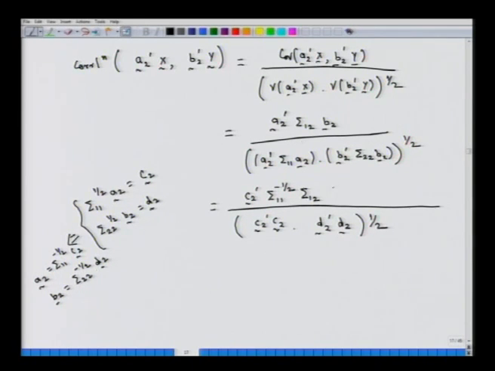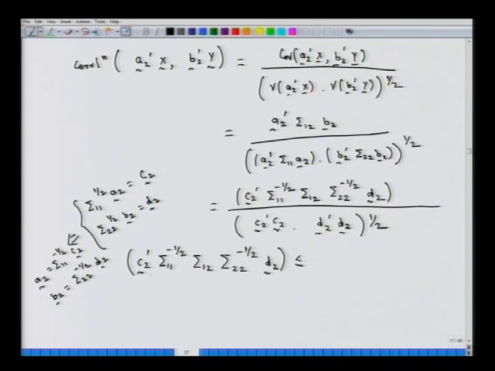So, this B2 is going to be given by sigma 22 to the power minus half times this D2 vector, right. So, the correlation between these two components is given by this. Now, similar to the derivation of the first pair of canonical variables, we can apply the Cauchy-Schwarz inequality on the numerator of this expression, that is C2 prime sigma 11 to the power minus half sigma 12 sigma 22 to the power minus half times this D2 vector,